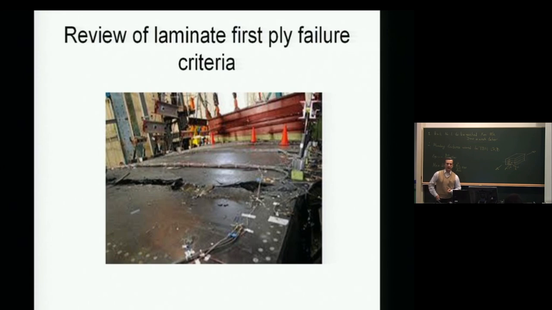Let's talk now about failure, because everything we said tells us how to determine stiffnesses, how to determine strains given loads. So, okay, once you got your strains and your stresses potentially, how do you relate those to the strength of the structure and how do you predict failure? So, one method is what's called the use of first ply failure criteria, or